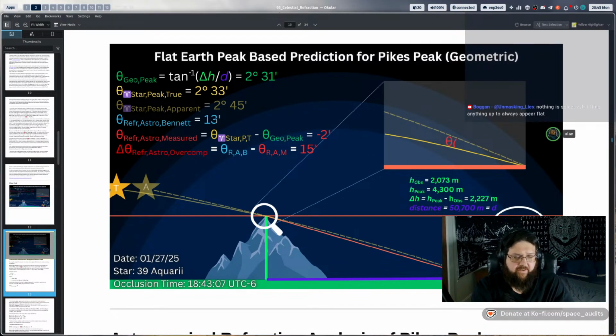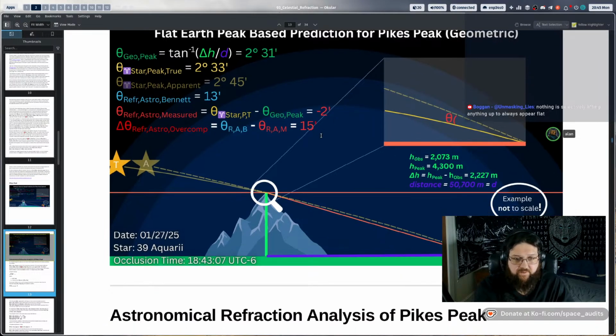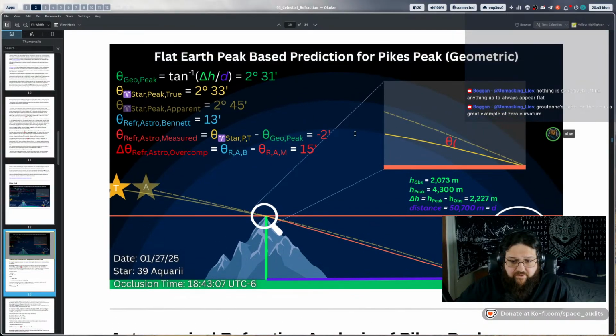Okay, so we've got their refraction here at the peak, so it gives us 245. Now the measured difference here is -2 because the refraction actually made us exceed the peak there. We'll get to that in the analysis here. We'll see what that looks like. And the amount of overcompensation here is when you add -2 to 13, you get 15 there. So we'll see what all this converts out to for everything.